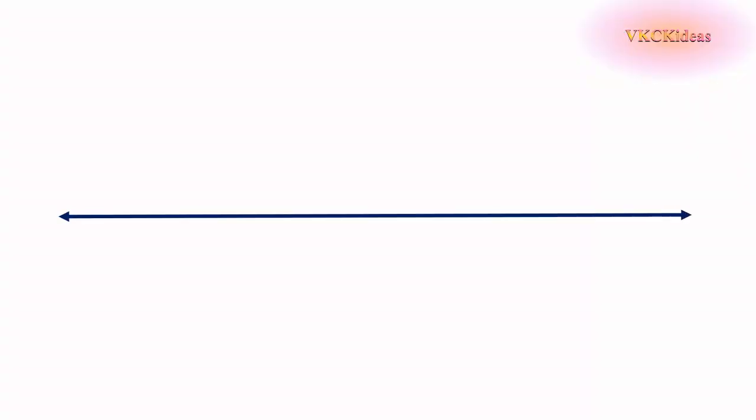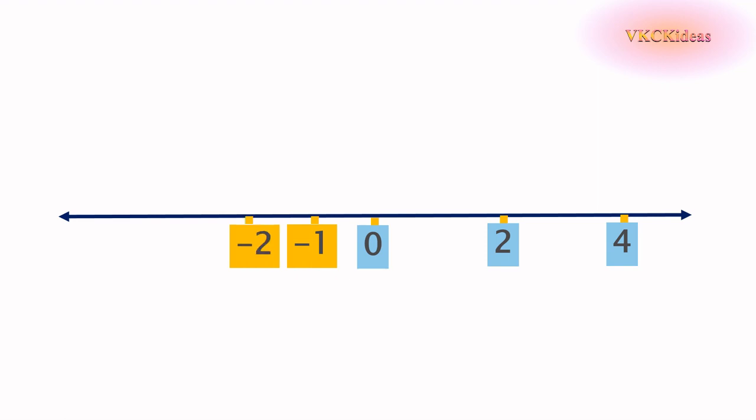Take a number line, take a point. If it is for 0 and there is one more point, it is for 2. Another point, it is for 4. Then what is the position of 3? You can guess. Similarly, to the left side, we have a point which is for -1 and another point for -2 and one more point for -3 and -4, another point like this.